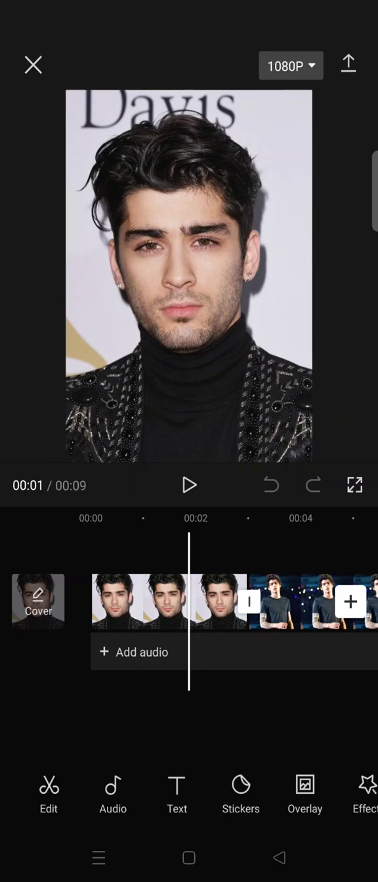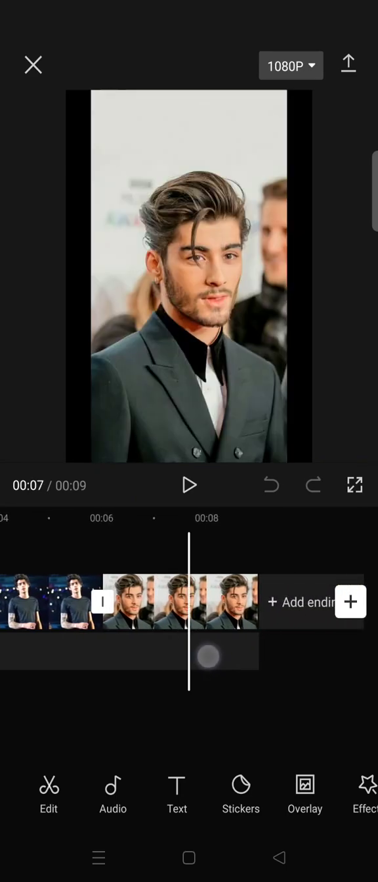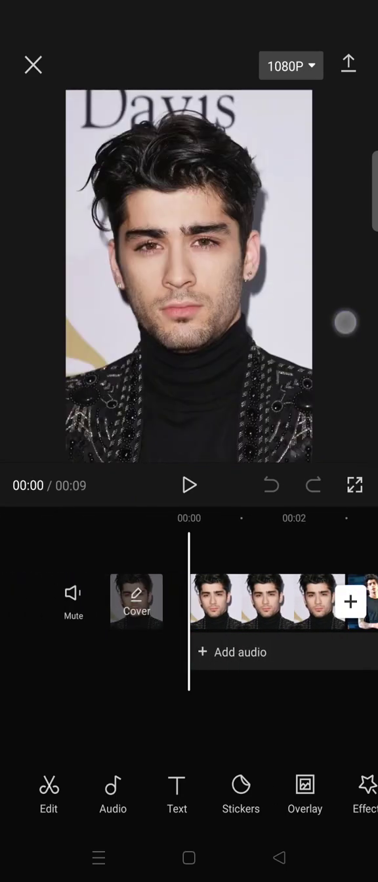So on today's video, I'm gonna show you how you can create a cool video using the photo Slinky and clone effect in CapCut. So for this edit, you just need 3 photos like this, and after that you can